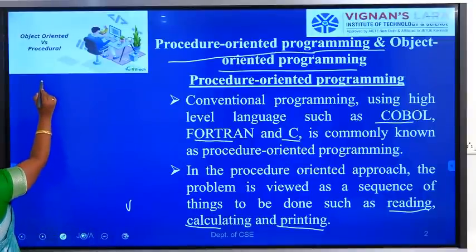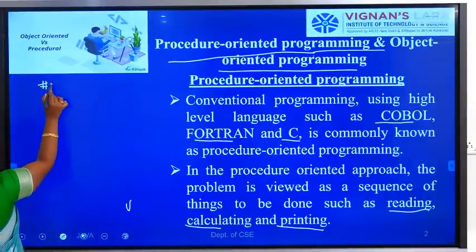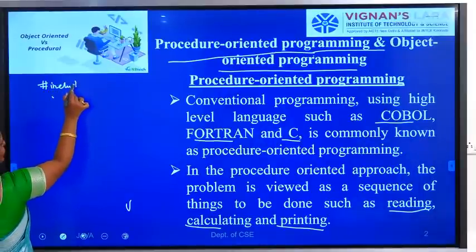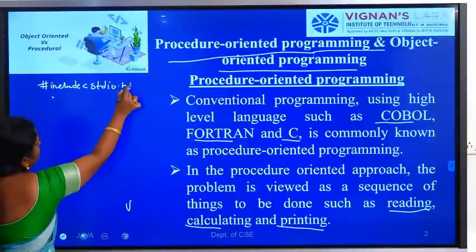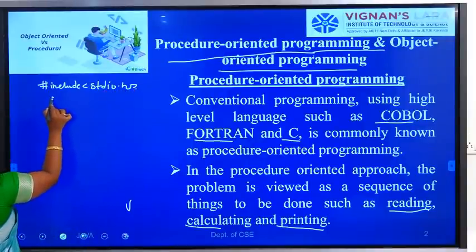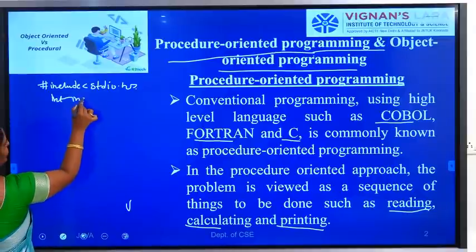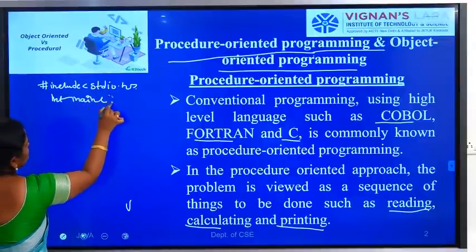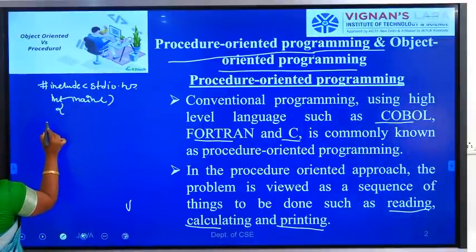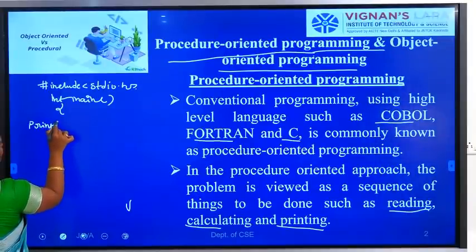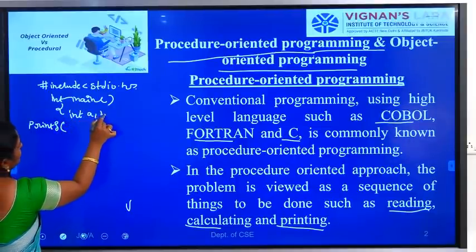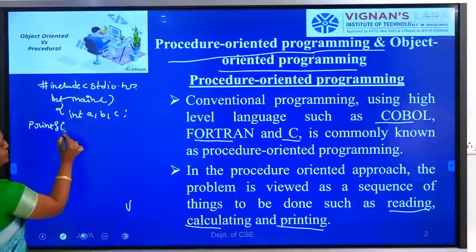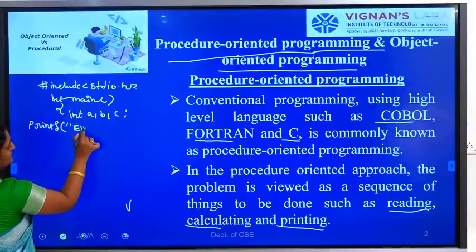So for example, in C programming language: #include <stdio.h>. Next, the main function, int main. We declare variables int a, b, c. printf "Enter two numbers".